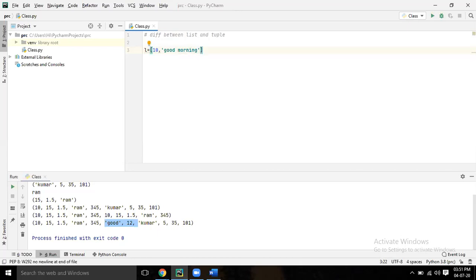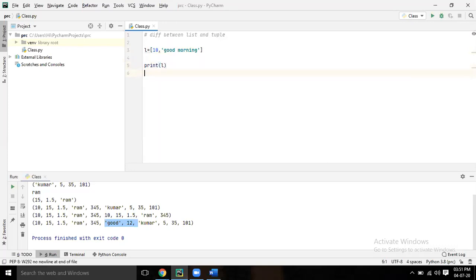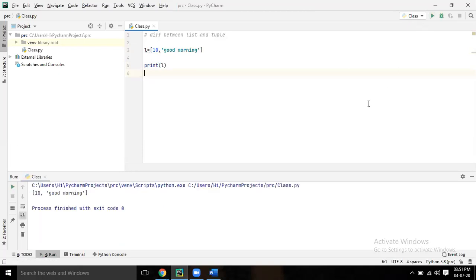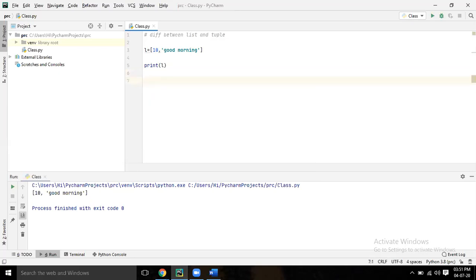Now enter print L and run it. The list is coming. Now write L within square brackets 1.